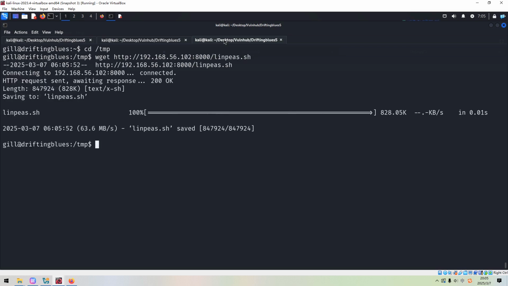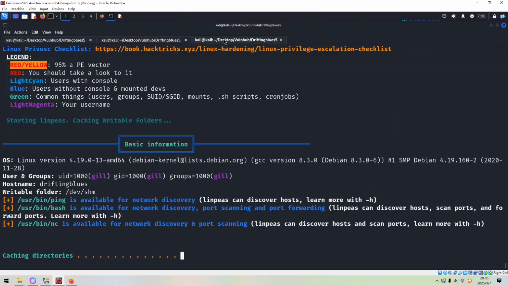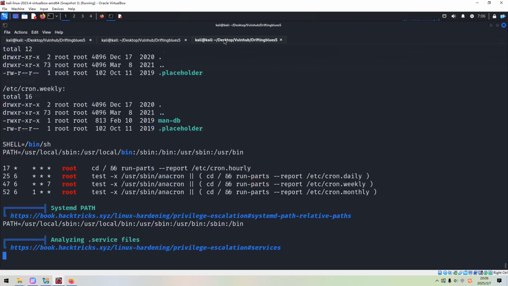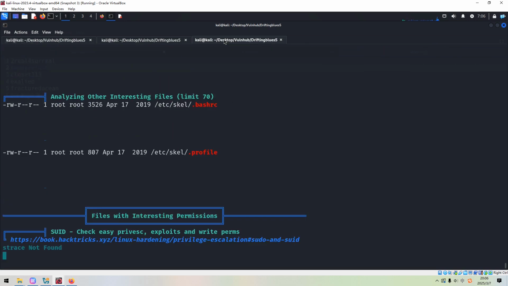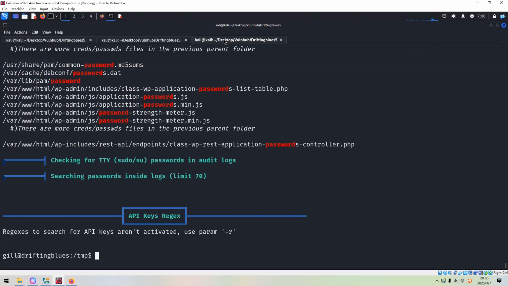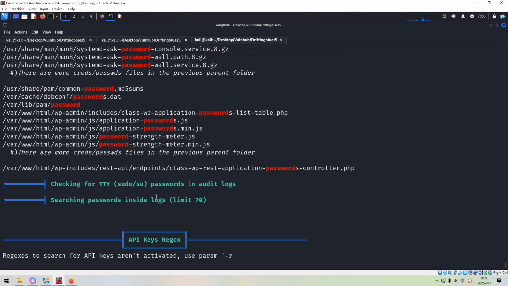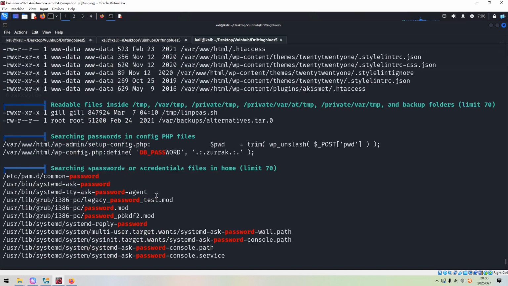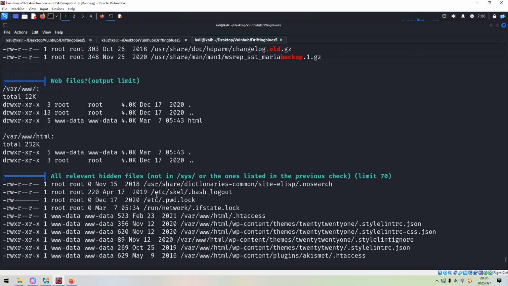LinPEAS. And we can make it executable and run it. When we try to elevate privilege, and if the machine is Linux, in most cases we need to rely on this shell script to do the comprehensive and extensive enumeration. As you can see, it's done. A lot of output by this script, but